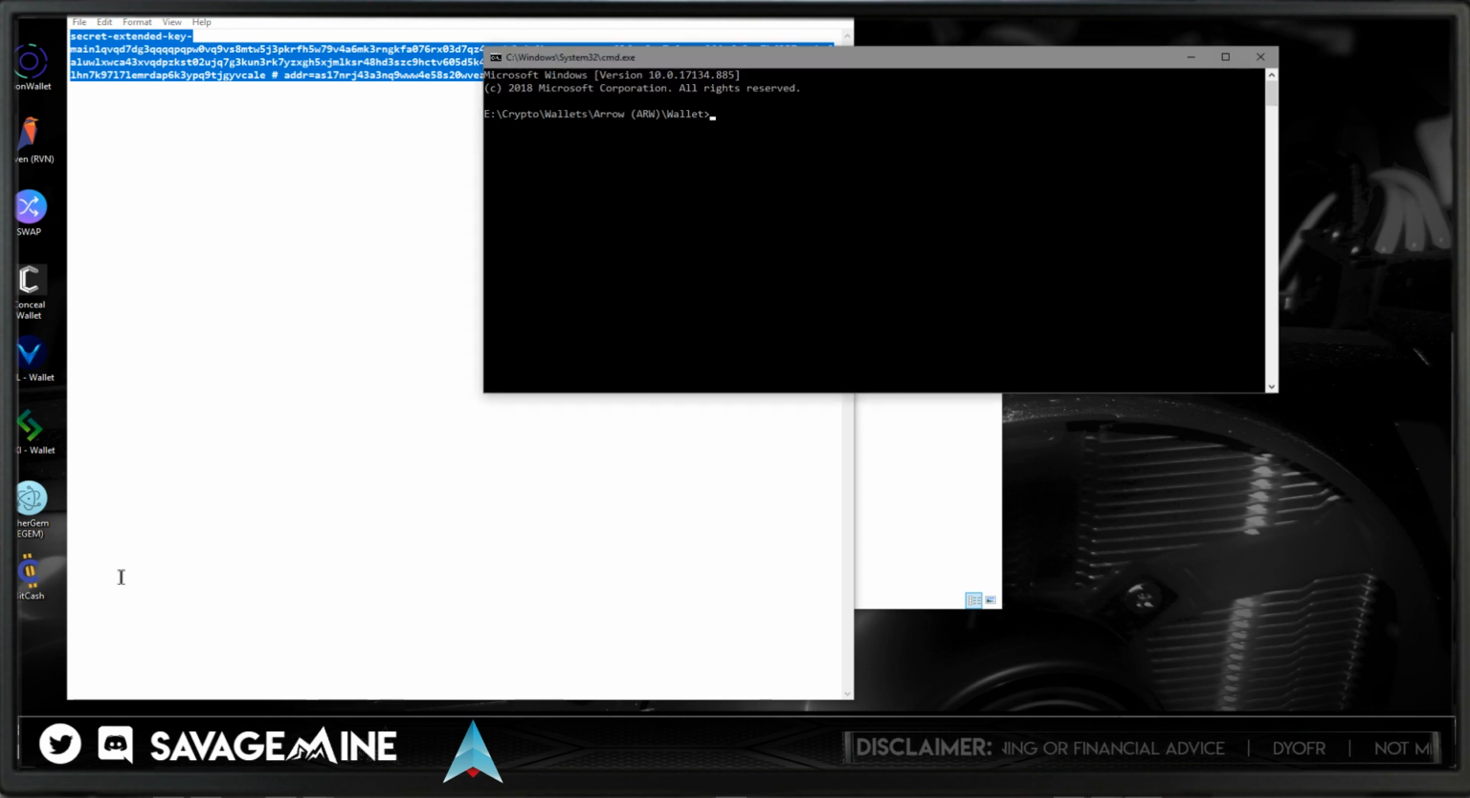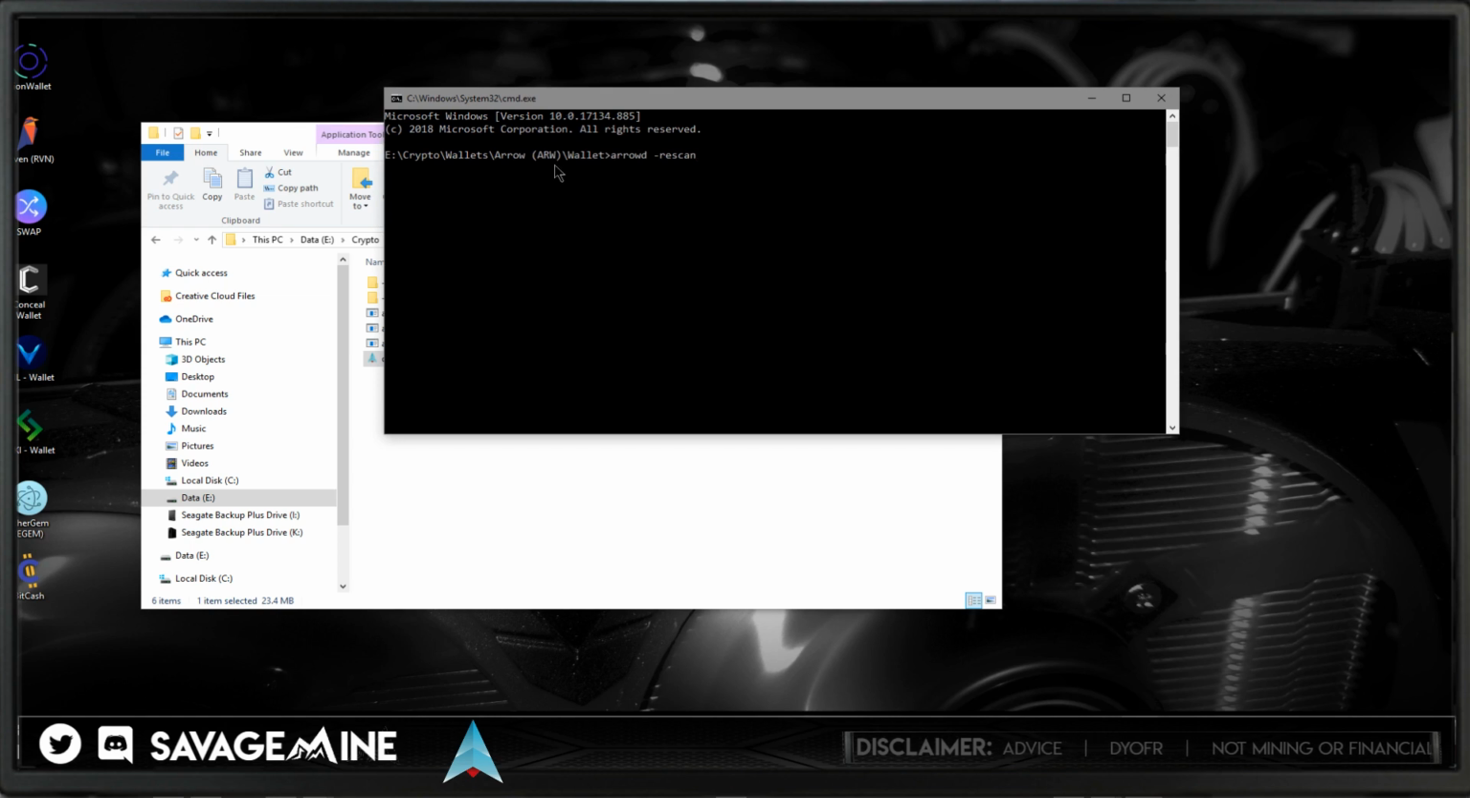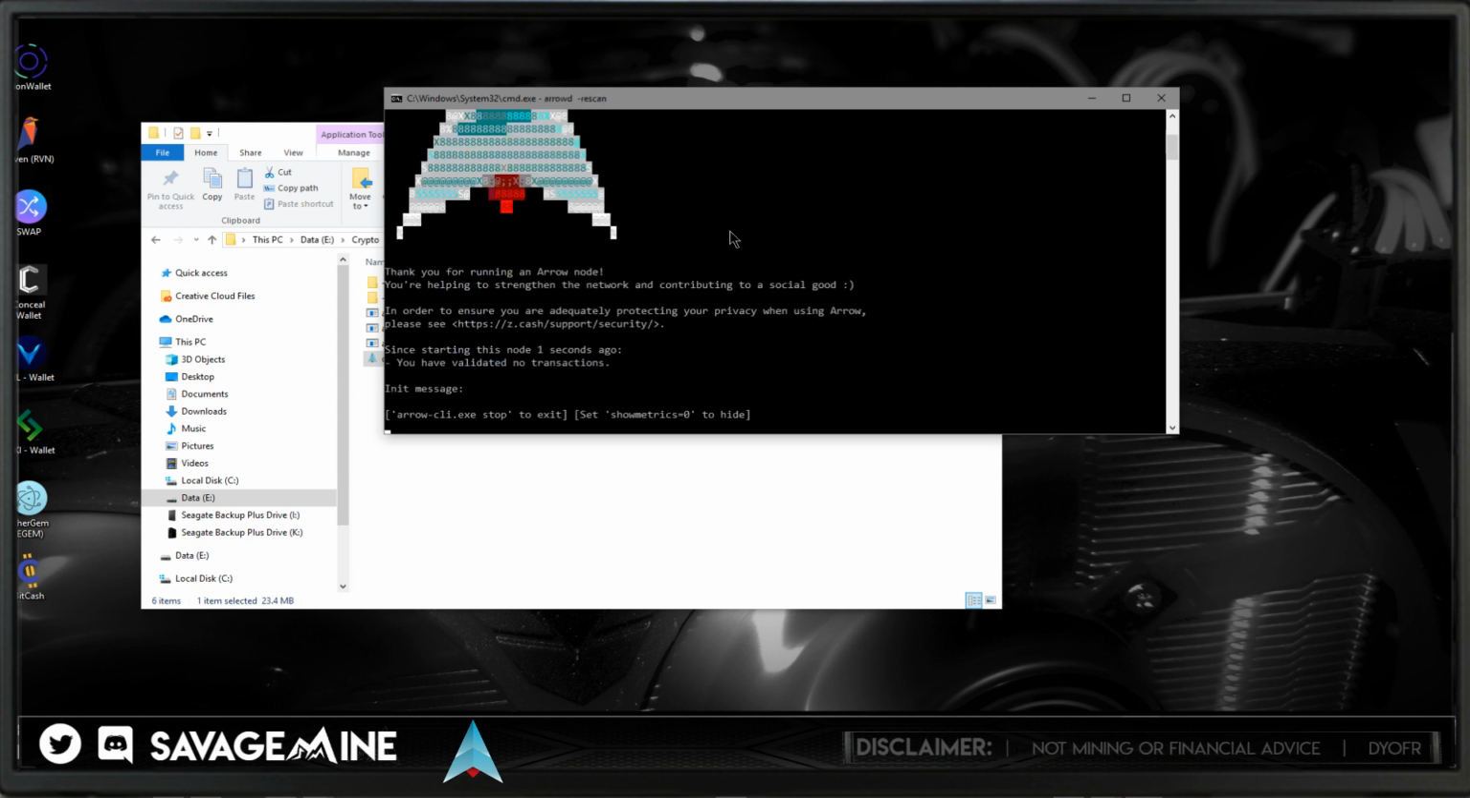So what we have to do, let me get this stuff out of the way here, is we will launch arrowd, and then we'll put space, dash, and then rescan. It'll look just like that. Hopefully you guys can see that. It just says arrowd space dash rescan, and then we're going to press enter. It should launch arrowd. That's the daemon,